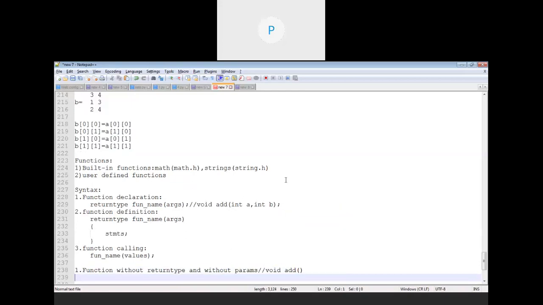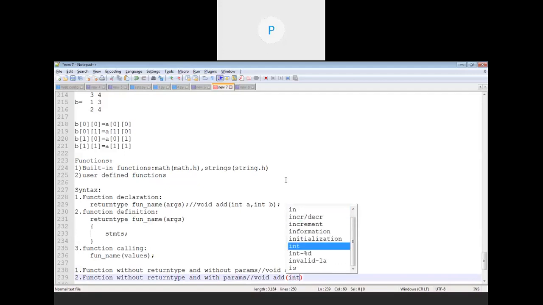This is a kind of function which doesn't have a return type and doesn't have any arguments or parameters. Second one is we can create a function without return type but with parameters, like void add.